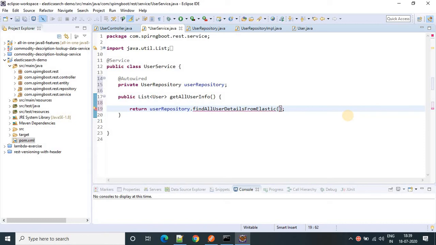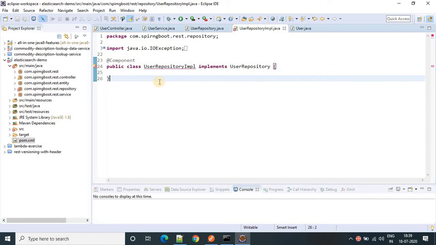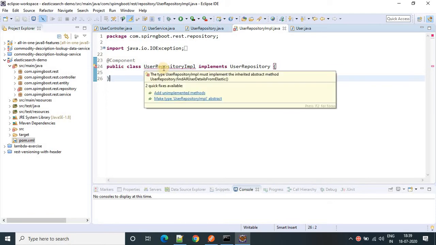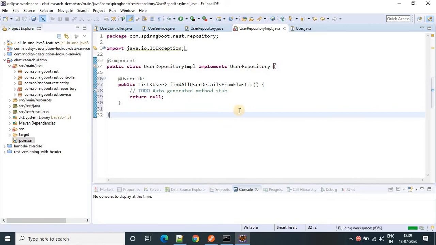Okay, so create this method in the repository. This is my user repository. Now I have to implement this method in the user repository implementation class. Okay, so add unimplemented methods. Here we go.